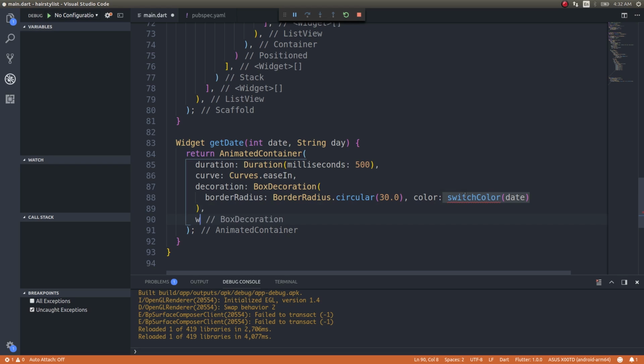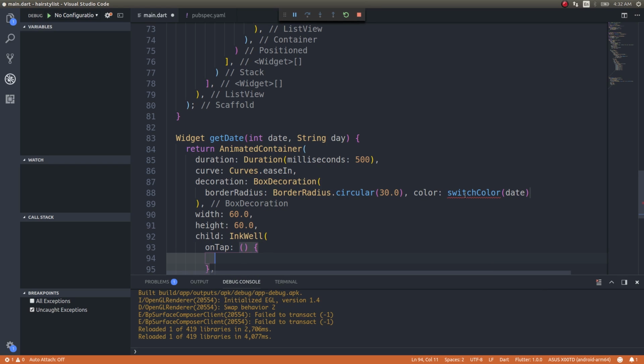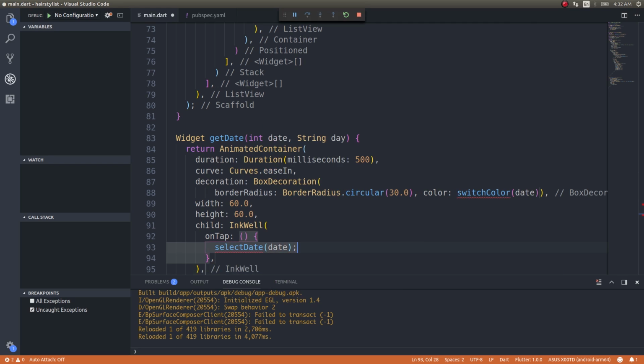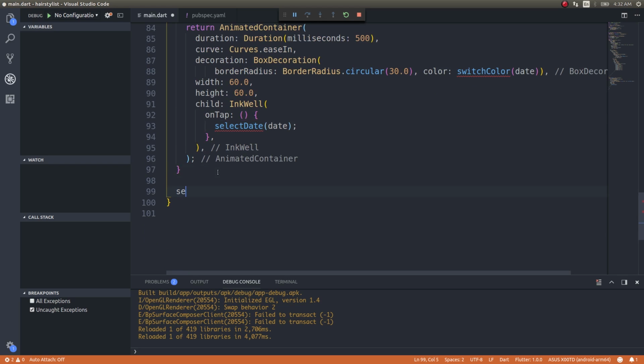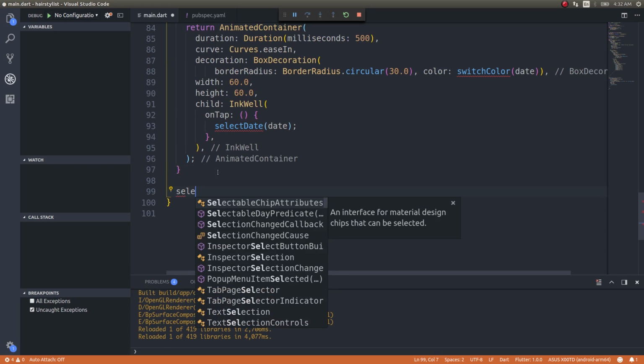After this border radius, I'll give a width for this particular container. Width will be 60, and height would once again be 60, and the child will be an InkWell. On tap, selectDate, pass in the date, fine. Now I'll write a function for selecting the date, selectDate,